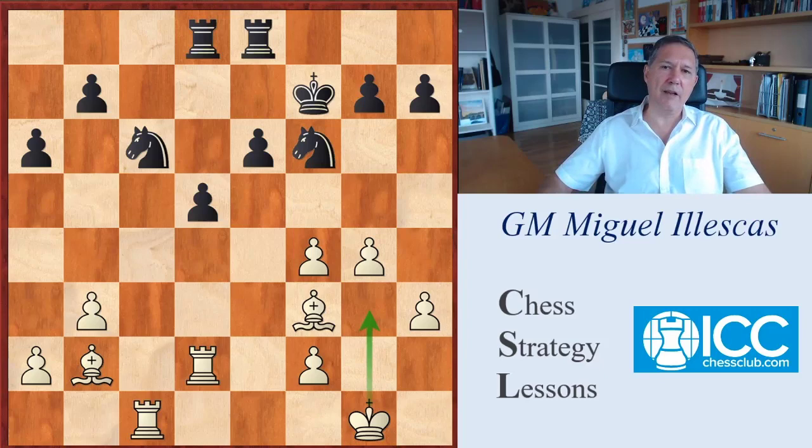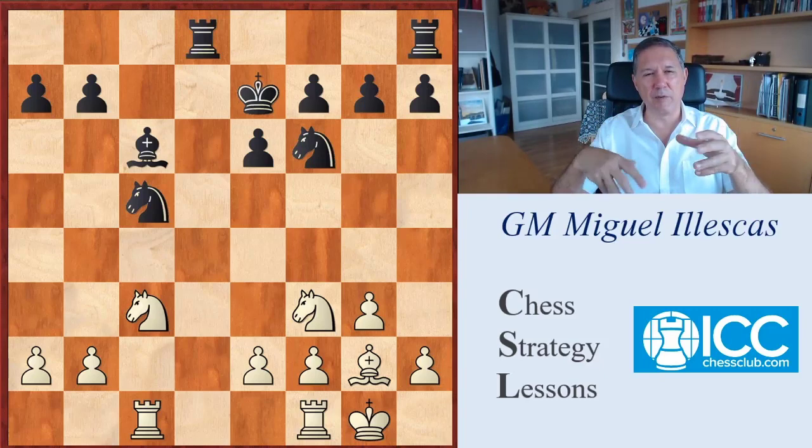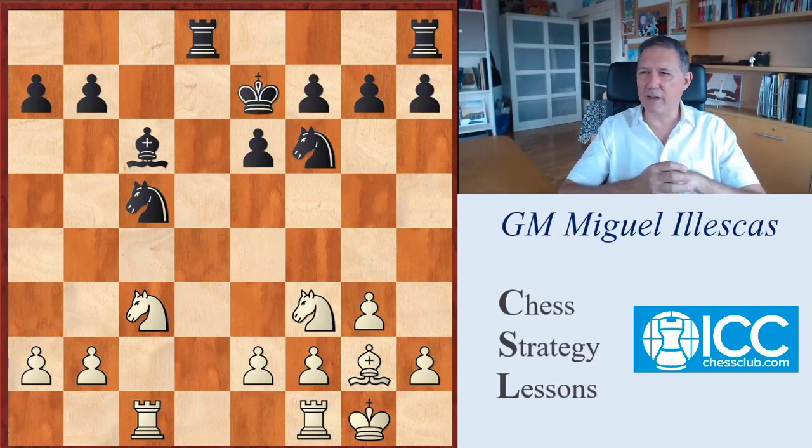Okay, there are many other things that I would like to show you. Let me just end this presentation with one of these positions when we are thinking about transition to the endgame. This was my game with Ulf Andersson. I was playing with the black pieces. And well, I thought, okay, you know, Ulf was very solid already at that time, 1998. He was